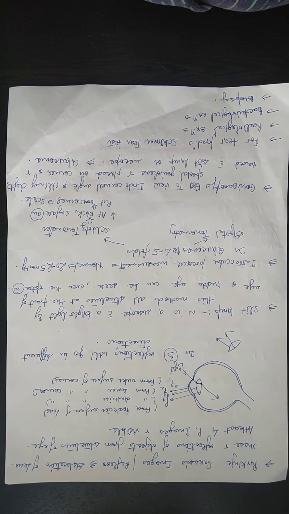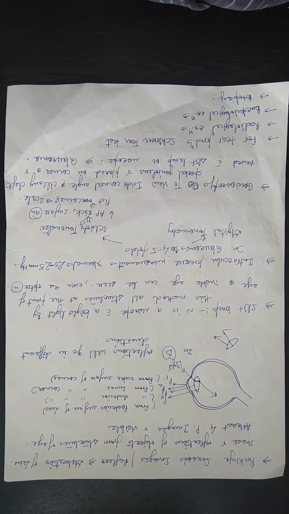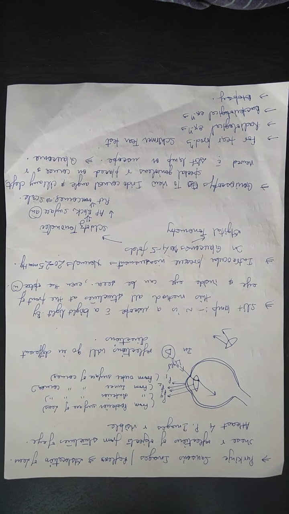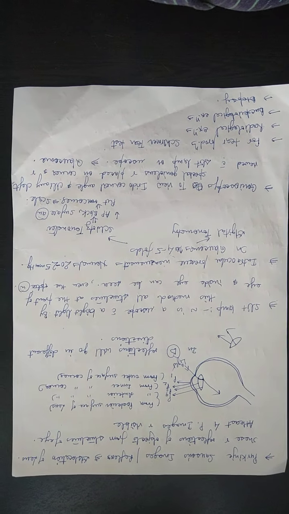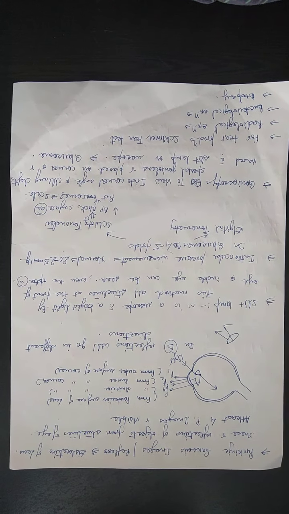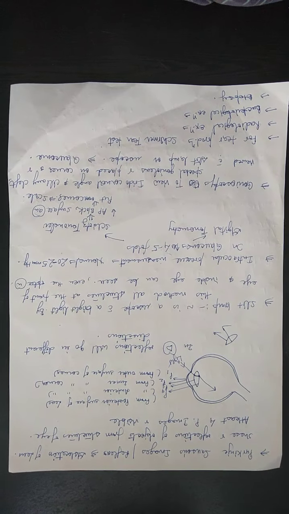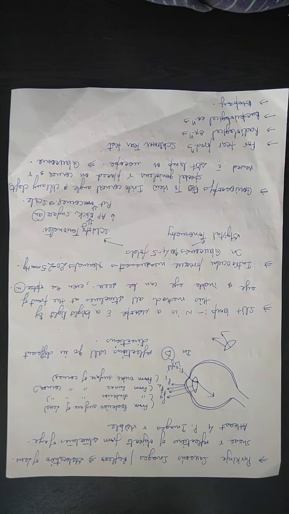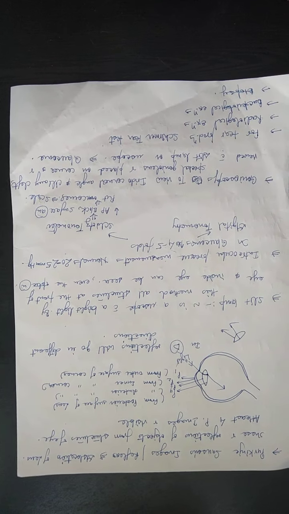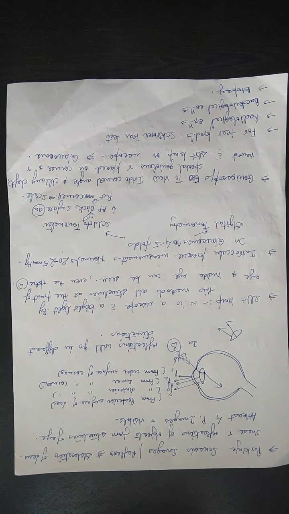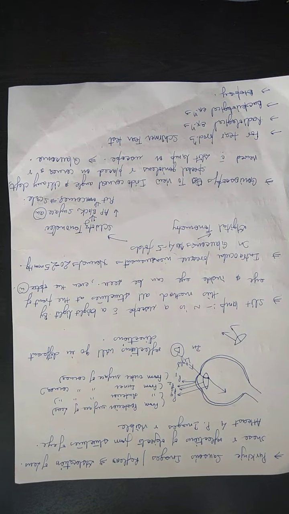It is a microscope with a bright light. By this method, all the structures at the front of the eye and inside the eye can be seen, even the optic nerve. Then the intraocular pressure: the normal is 20 to 25 mmHg in dogs, but in glaucoma it increases 4 to 5 times. And with the help of digital tonometry or the Schiotz tonometer, we can measure the intraocular pressure.